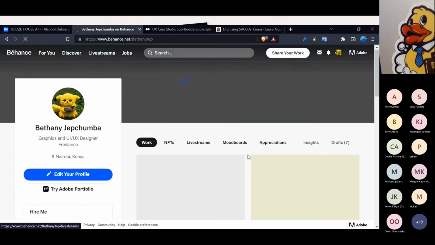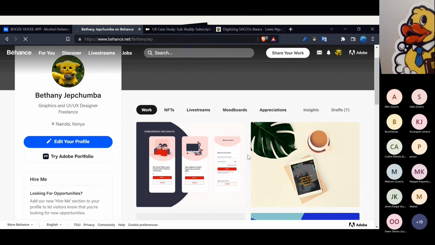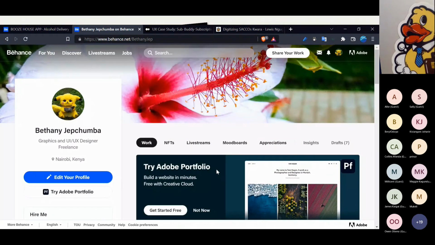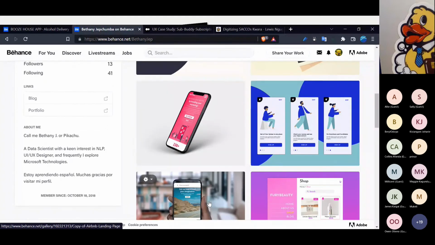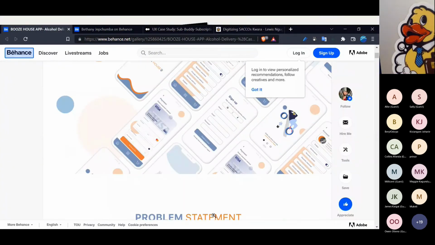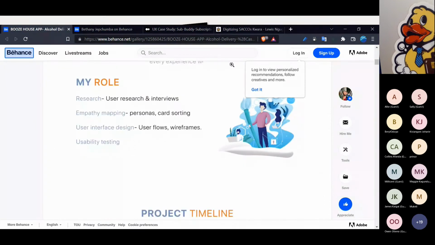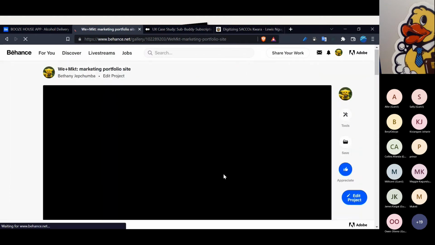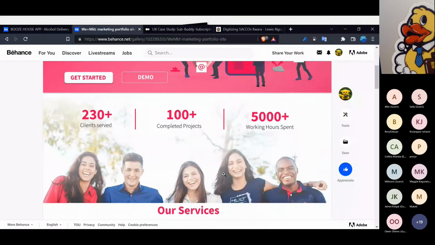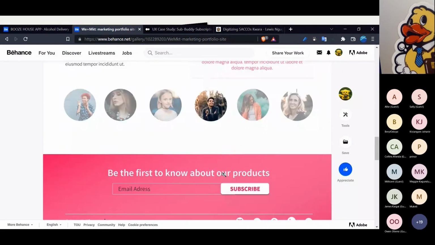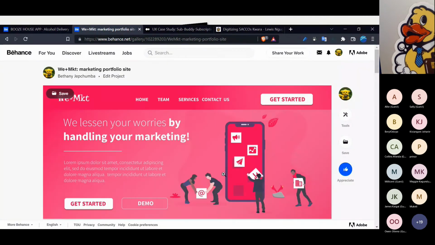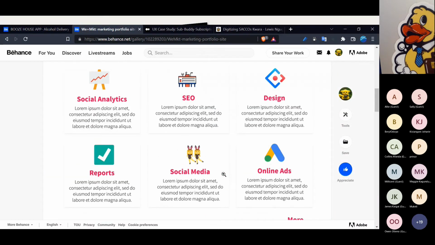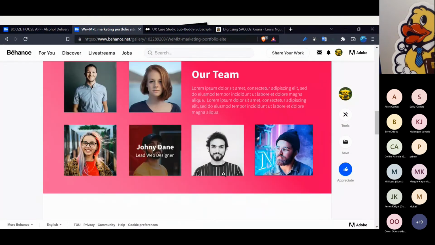As I said, you can find me using Bethany Jep Chumbo, Bethany Jep. These are some of the projects I've done. I've not written a well advanced portfolio like this one on Behance. Most of the time I just post how the final product looks. I do not show behind the scenes. But it depends on who you are trying to impress. Me, I'm just showing people that I can design a finished product, because I wasn't building for the sake of